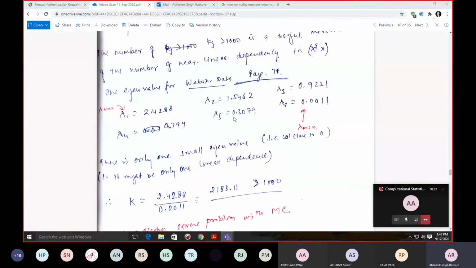Or when we go for the correlation matrix, the correlation coefficient was r in the case of two variables, and this is capital R when we go for multiple variables. So your correlation becomes 1, and thus the variance tends to infinity, because this correlation comes in the denominator, and when the denominator is 1 minus 1, or the correlation coefficient tends to 1, you get infinity there. So this is how we can check.